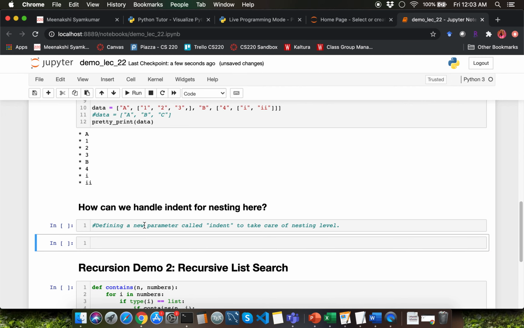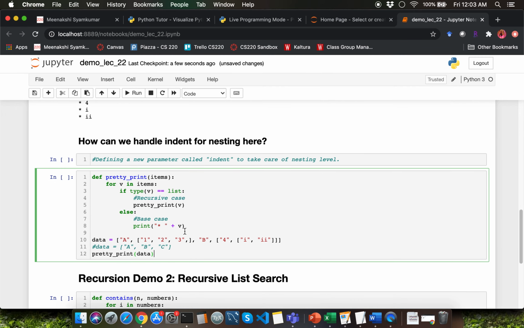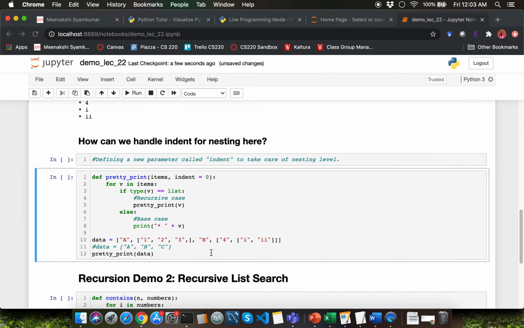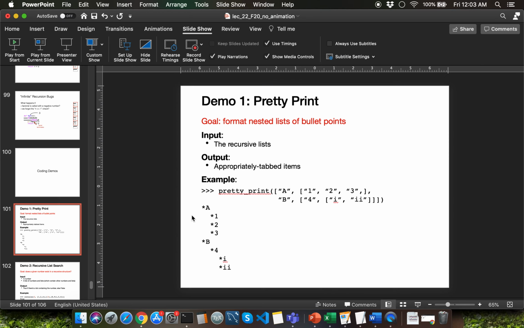So let me go ahead and paste it here. I want to define a new parameter called indent, and the default value for indent is going to be 0. That's going to be the first level of objects over here, which are going to be items inside the outer list.